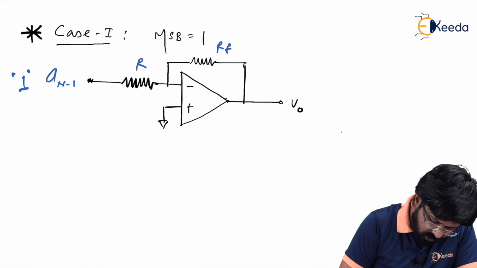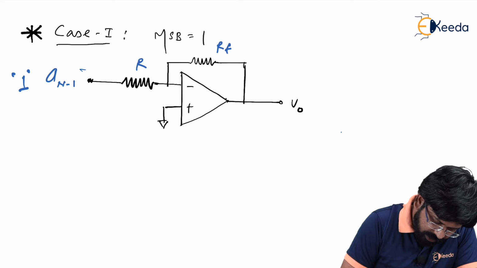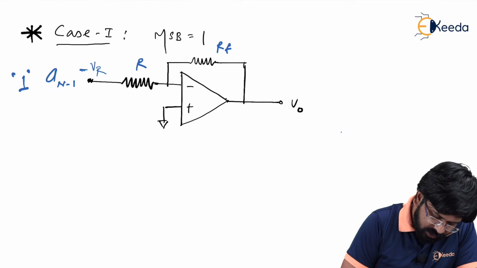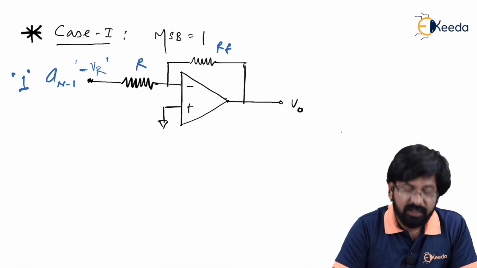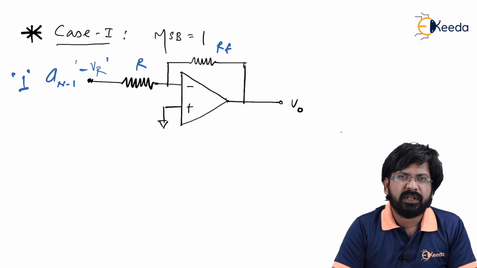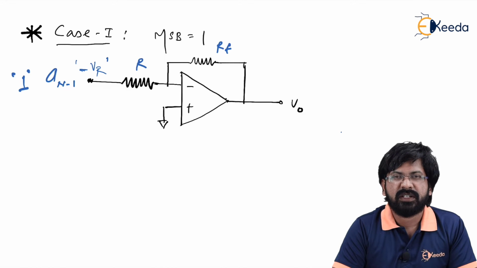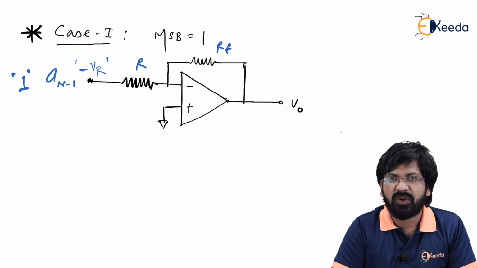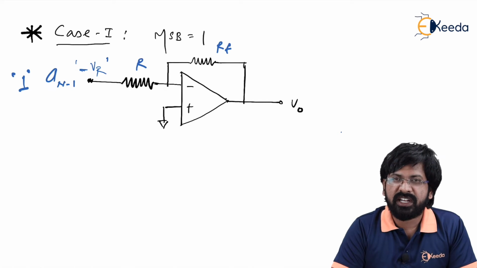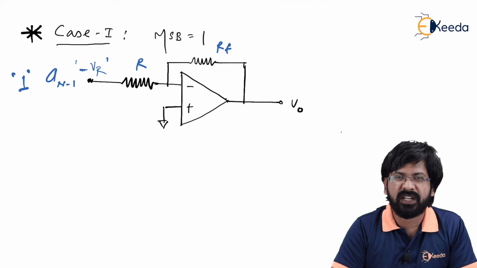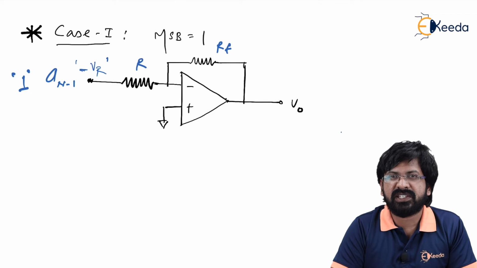Since you want to apply logic 1 here, I am going to apply minus VR as input. So student says, sir, why minus VR? Why not positive VR? So answer is very simple. This type of configuration, which is operational amplifier that you have used, it is in inverting configuration mode. And in inverting configuration mode, by default you get output negative, because output voltage is equal to input voltage multiplied by gain of inverting. And since gain of inverting is minus RF upon R1, which has got negative gain, because of which you directly get negative output.